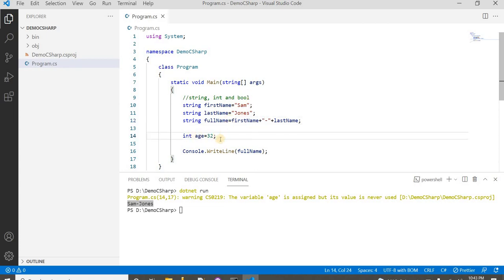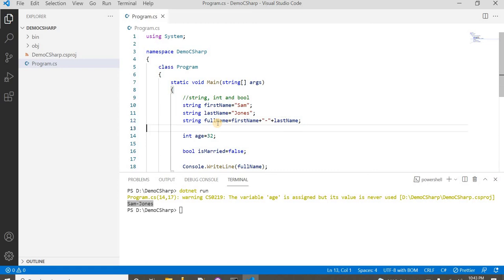What about boolean? Sometimes, let's say, is married, so it will be yes or no. In such a case we can use the boolean type. Let's just type bool. Bool will store only true or false. Either I can say true means yes, the person is married, or I can say false, the person is not married. We cannot store any other value. We cannot store yes, we cannot store no. Only true or false we can store inside a boolean.